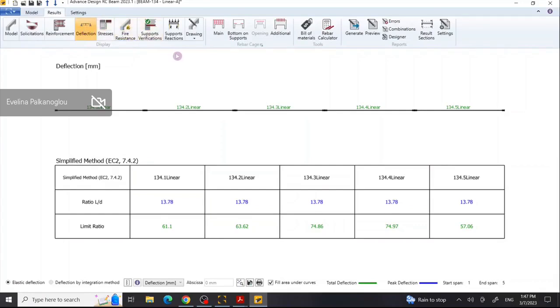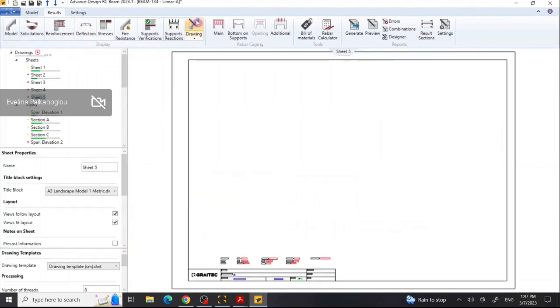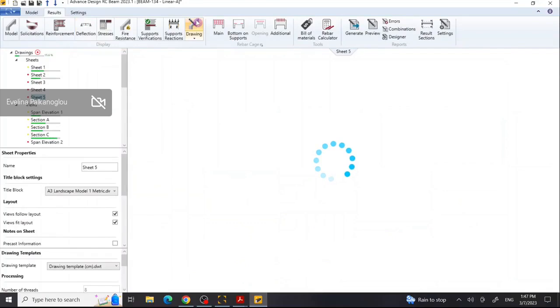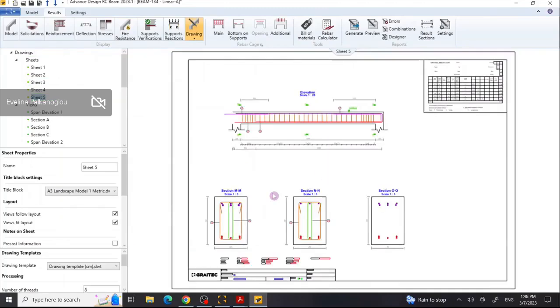And finally, as we mentioned for the columns, we still have the interactive drawing for the beams as well. So by selecting drawing, a review document generated by advanced design can be generated for beams. The same principles apply here as well. The interactive drawing is generated for the reinforcement, and again the same principles apply as for the columns. So you have the option to modify the reinforcement, and the drawing is updated in real time